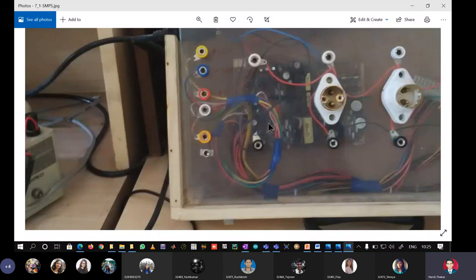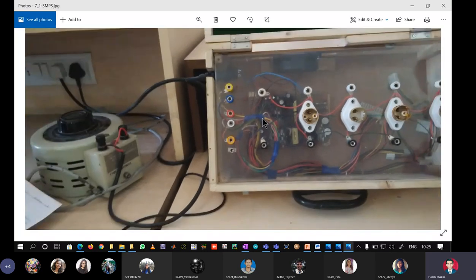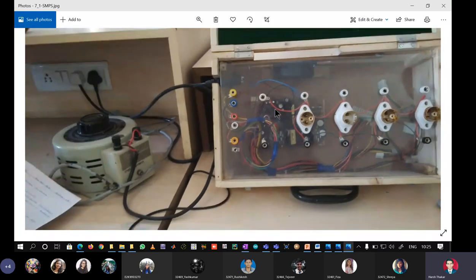So SMPS gives us multiple DC voltages which have excellent load and line regulation. And as the definition goes, load regulation of any power supply is the change in its output voltage per change in the output current. So as and when you draw more and more current from any power supply, its output voltage goes on reducing because of its non-zero internal resistance. So to what extent the load regulation deviates from the ideal value of 0, we can actually have a setup.